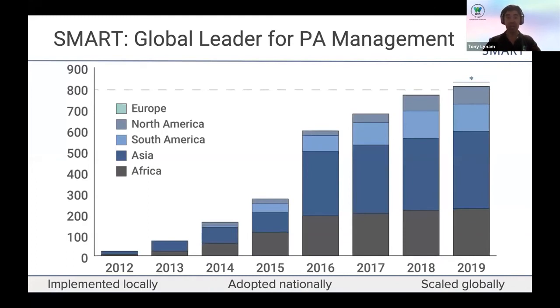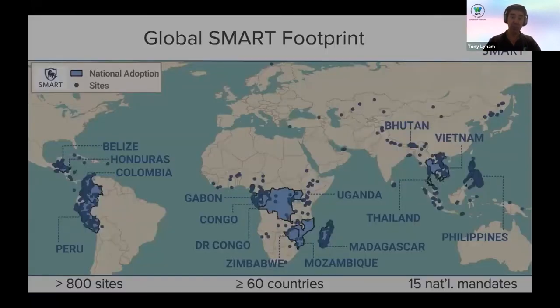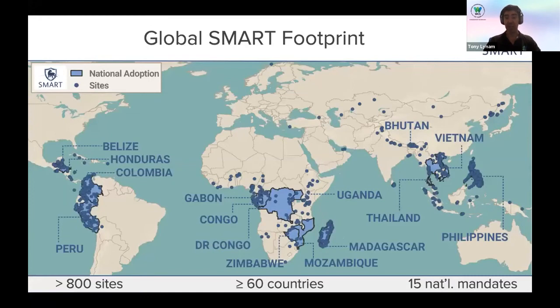So there's been a great take-up of SMART over the last 10 years, and now there's more than 850 sites around the world that are using SMART. And here we see in Asia, we've got sites all the way from the Russian Far East to Afghanistan in the West, through South Asia, right down to Indonesia. So there are some 230 sites, I believe, or maybe a little more than that, maybe 280 sites in Asia